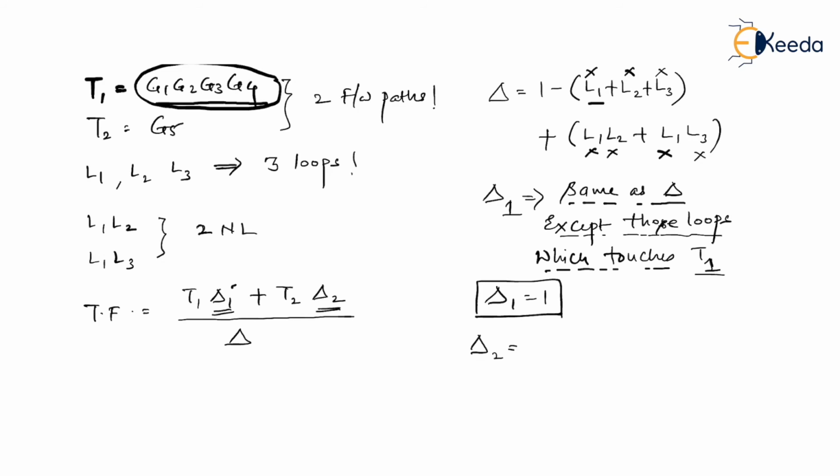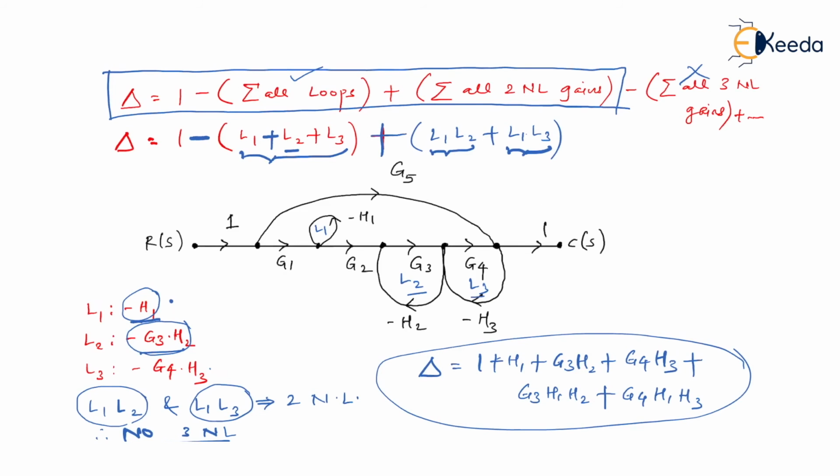So now let's get back to the diagram here. Look at the second forward path. The second forward path was simply G5. Let me remind you, T2 was equal to G5. Now, if I'm talking about G5, then as you can see, we are starting from this R of S, then we are going through this G5 and then we are going to C of S. Am I right? And during this, L2 is the only loop which is non-touching. Am I right? As you can see, since this node is touched, I would have to cancel L3.